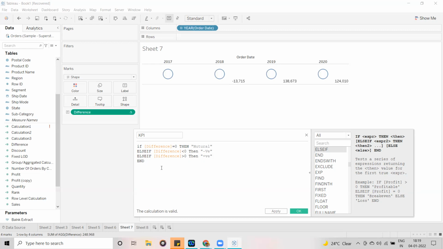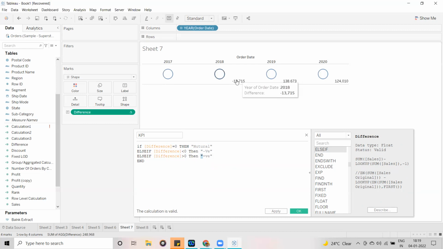What I mentioned is that wherever the difference is 0, then neutral; if the difference is less than 0, then negative; if the difference is greater than 0, then positive. Whatever difference amount we are displaying, zero is neutral, negative values are negative, and positive values are positive.